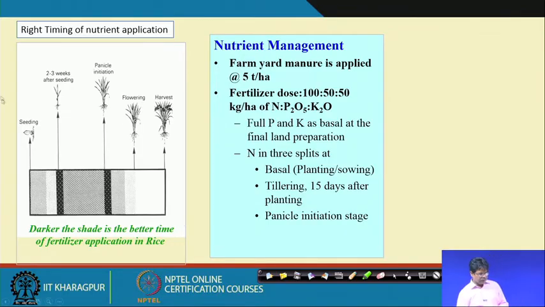That means this is one stage and here is another stage. These are the very critical stages, where the crop should not suffer any type of nutrient or water stress, and the crop is highly responsive to the application of nutrients in these stages. At 2 to 3 weeks after seeding, the clearing stage, the crop starts tillering, and